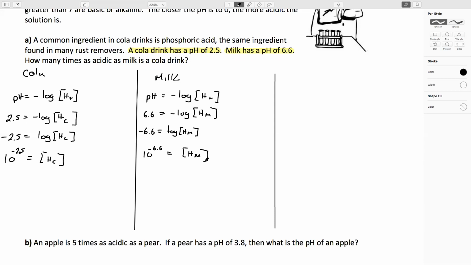I could turn these into decimals if I want to, but I'm going to leave them like this because I just want to do one calculation. So if I want to figure out how many times as acidic, that's what I do over here. So the number of times as acidic is based on the ratio of how much hydrogen is in cola divided by how much hydrogen is in milk. So if I go H plus cola divided by H plus milk,